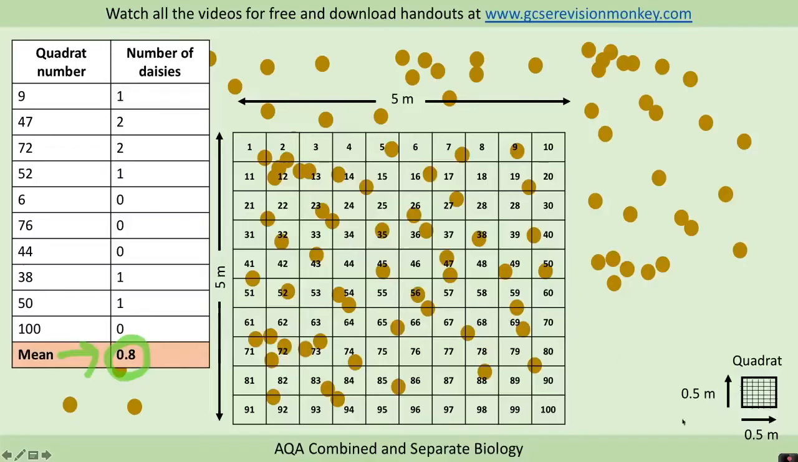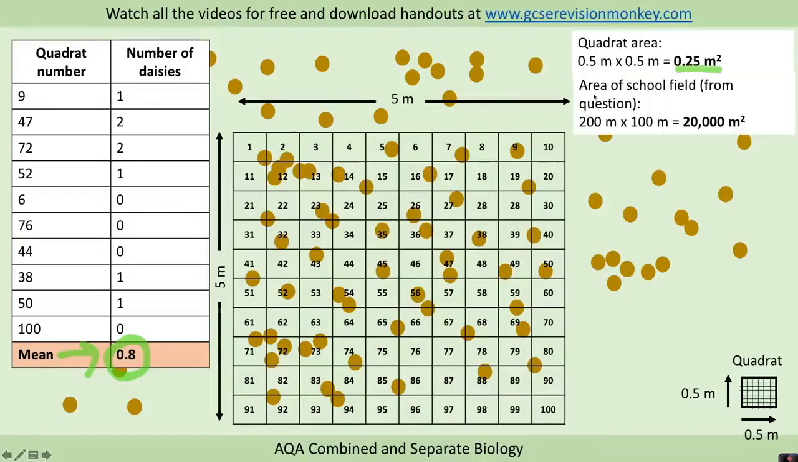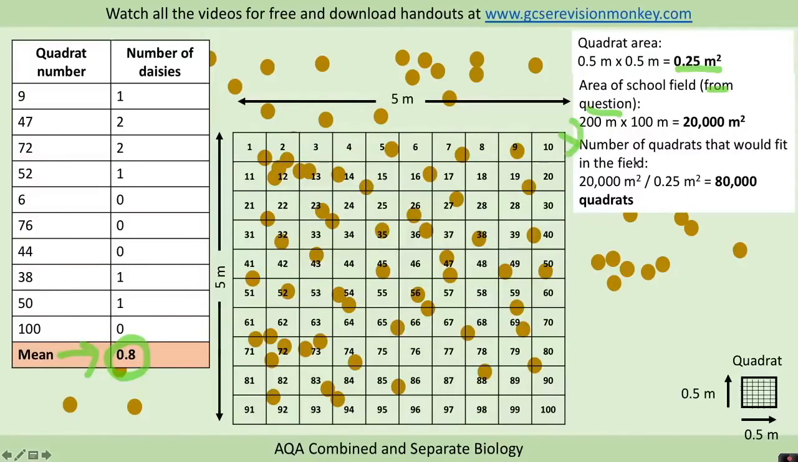So we need to know the area of our quadrat, so we do 0.5 times 0.5, and that's 0.25 metres squared. We need to know the area of the school field, so given in the question it was 200 metres by 100 metres, so 20,000 metres squared. The next thing you need to work out is the number of quadrats that would fit in the field. So we've got the area of our field divided by the area of one quadrat, and that gives us 80,000